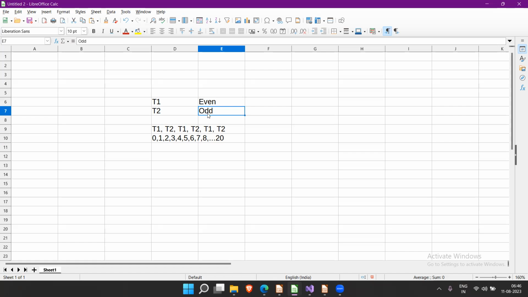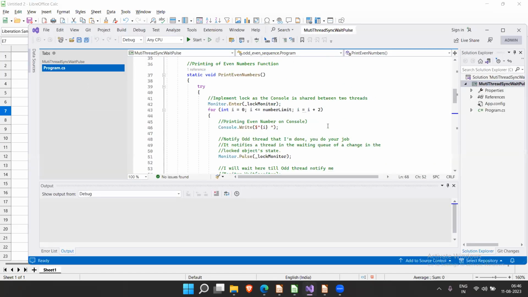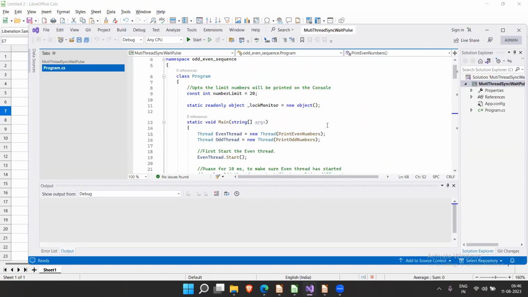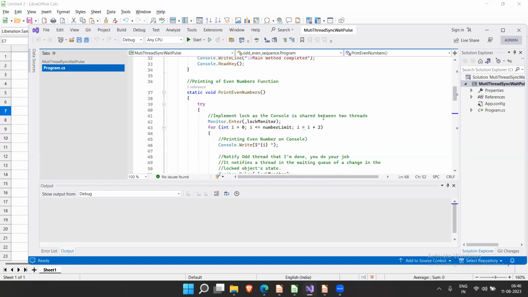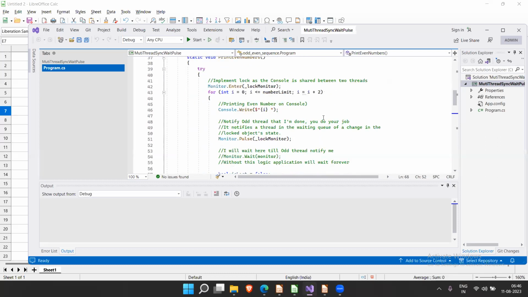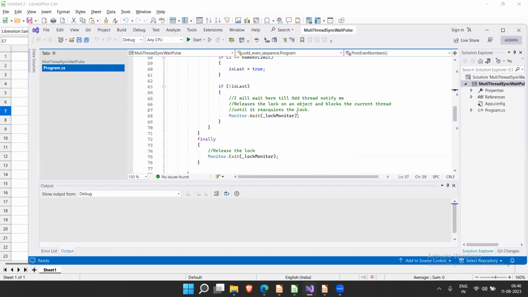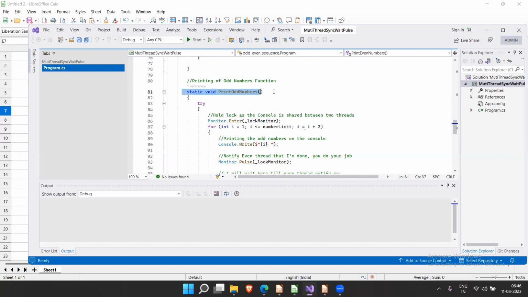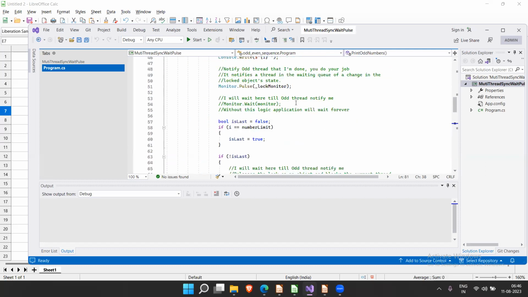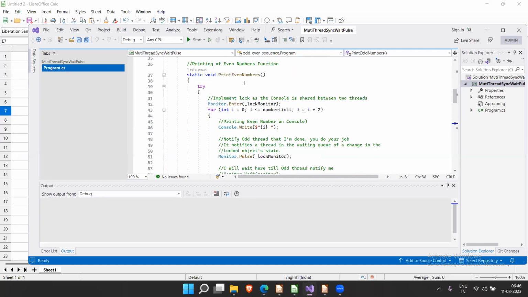So how do we achieve this using wait and pulse? Let me show you here. I have used 2 methods. One is to print the even numbers, and another one is to print the odd numbers. Two methods. So if you see here, since it is even numbers,